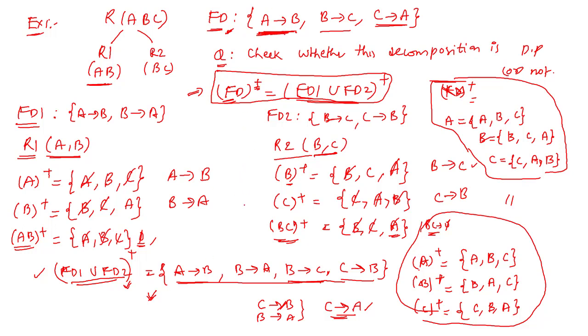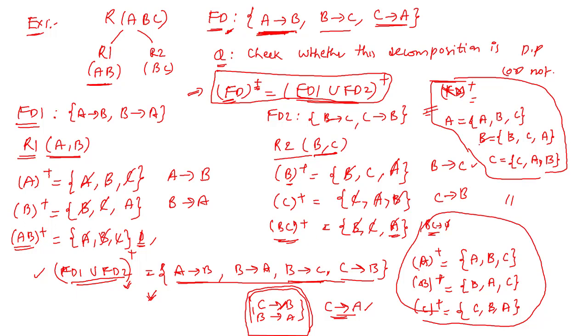If it is not present, you can say that the decomposition is not dependency preserved. But sometimes there are indirect functional dependencies. So if there are indirect functional dependencies, from these functional dependencies we can miss an indirect functional dependency. At that time you can say some functional dependency in this may not be present in this one. So to avoid that confusion, it is better to calculate the closures.